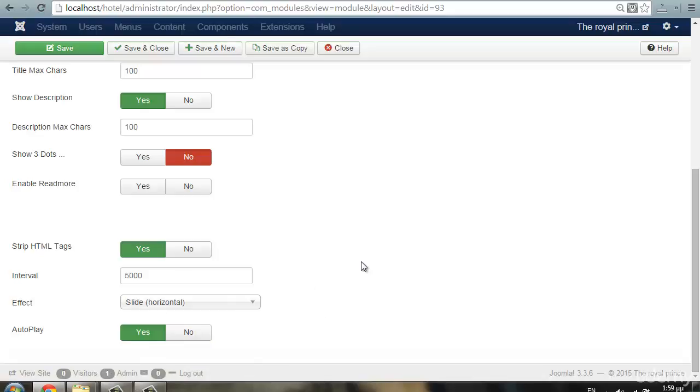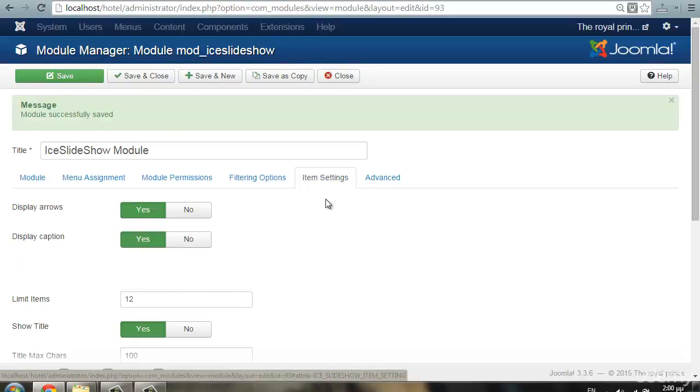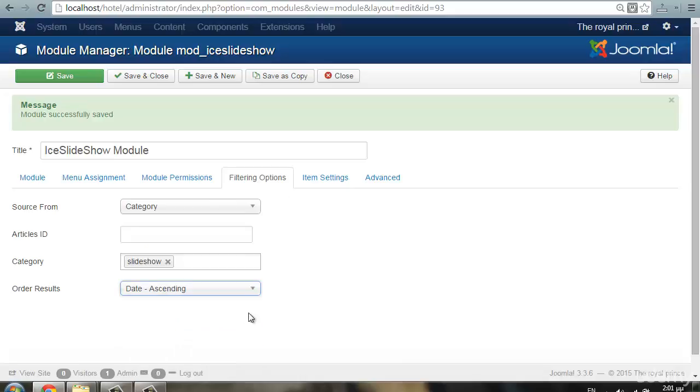This means that the slide will change every 5 seconds right now. We're going to change it to 3000. That means 3 seconds. You can do as many experiments as you want. And another option we want to change, from filtering options, is the order of our slides. We're going to choose date ascending. That means that the first article that we created is going to show first, then the second one and the third one, etc. Let's click on the Save button,